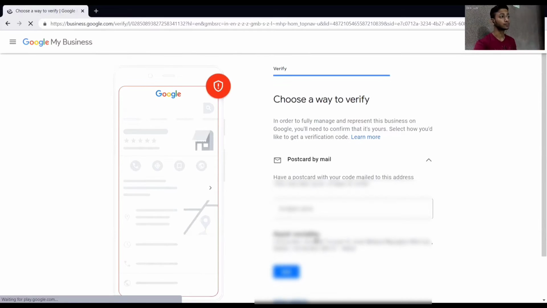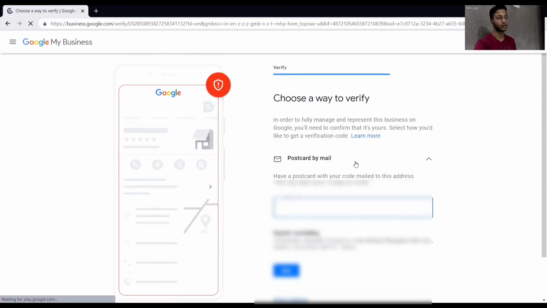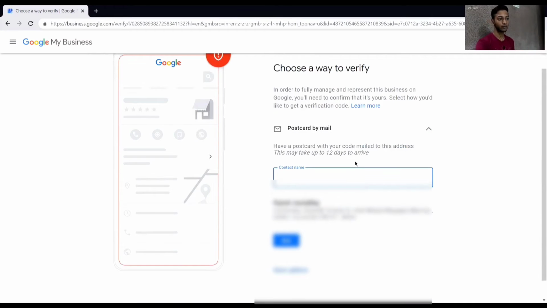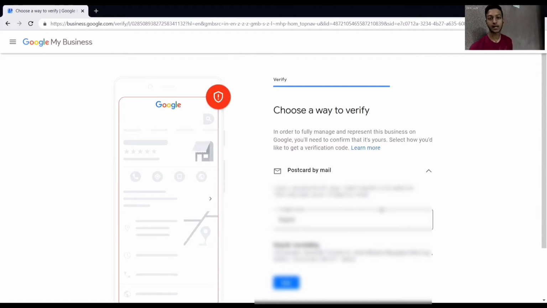Now you have to verify your address. They will send a postcard to your address within 12 days, and you have to see the code and enter it here. First you have to give a name, okay, and mail, or sometimes it is directly verified through your mobile number.